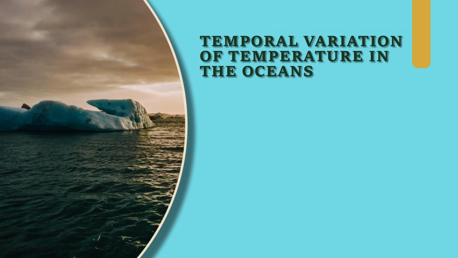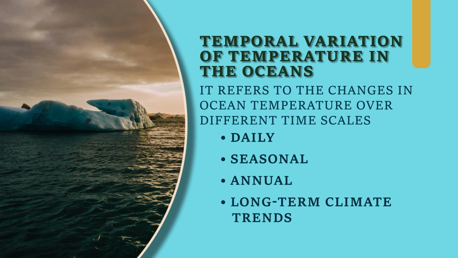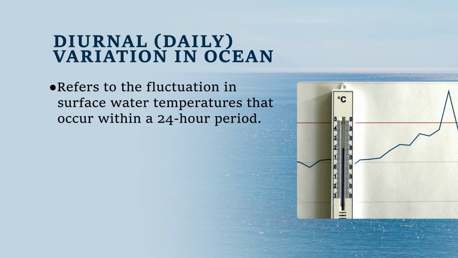Now we come to temporal variation in the temperature of the oceans. It refers to the changes in ocean temperature over different time scales. When we consider the temporal variation, we consider the different time scales like daily, seasonal, annual, and long term climatic trends. Under daily or diurnal variation in the temperature of the ocean, it refers to the fluctuation in the surface